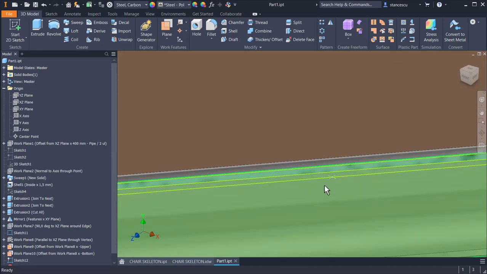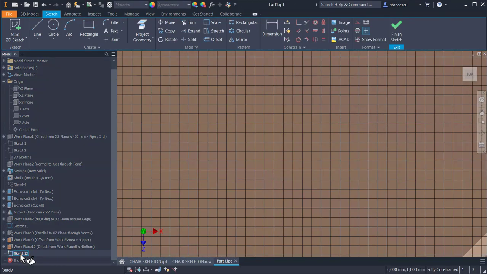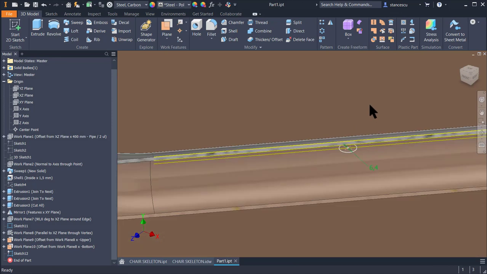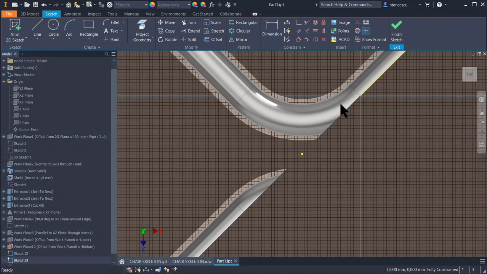to see what happens. Okay, I activate the sketch, F5 to see the former position, and now I use this point to draw a circle with a diameter 6.4. Finish sketch. I select the other. Now I can hide this plane. I select the other plane, F5 to go back,